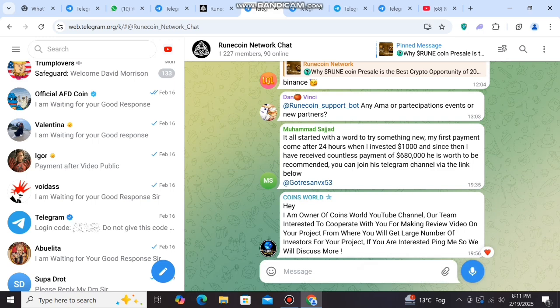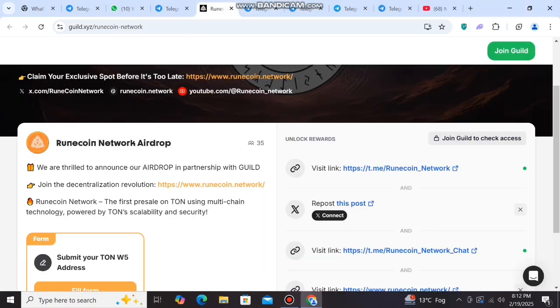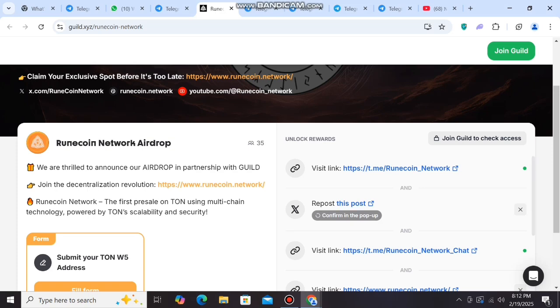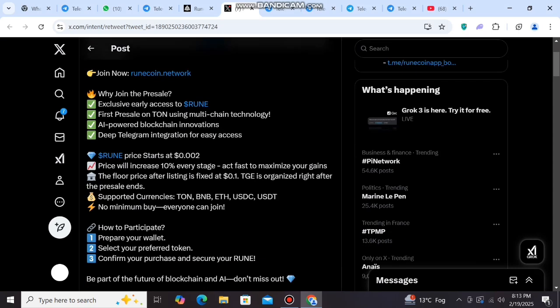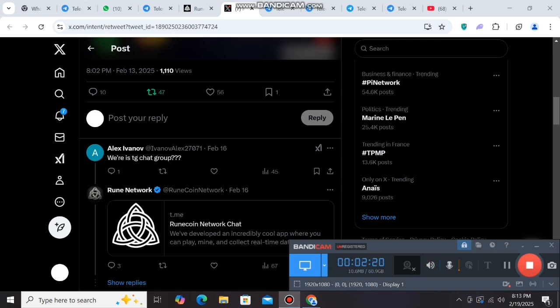And next we go to the home page and see another step, step 3, to join this airdrop. Step 3 is to connect your X to the Guild. So we connect X to the Guild now. You can see my X is successfully connected to Guild. And next we go to step 4, follow and retweet on X. You can repost now, then retweet. So I retweet now. Then you can follow, so I follow now. Then you can see your step 4 is complete.